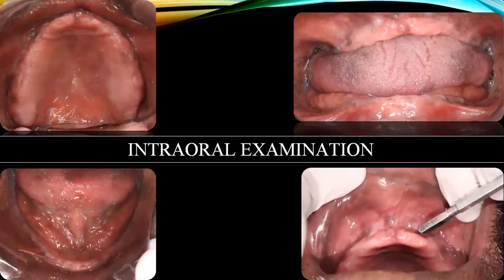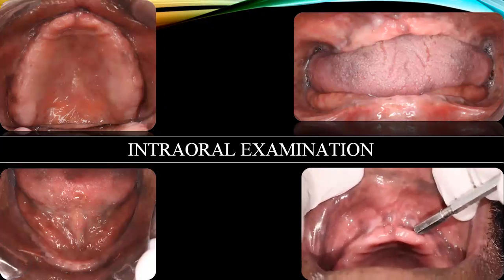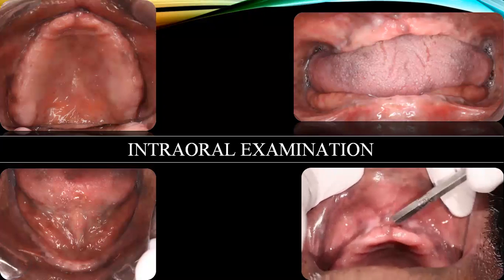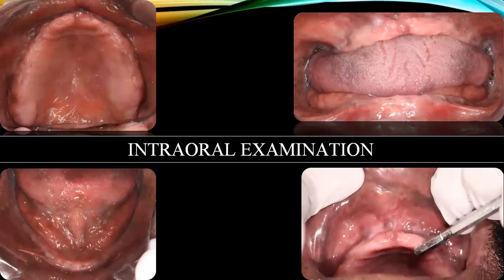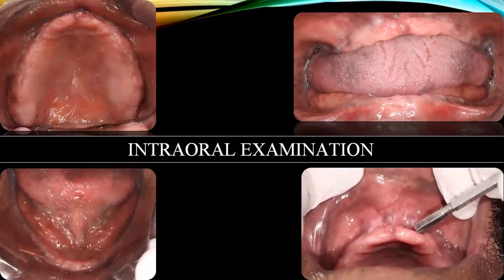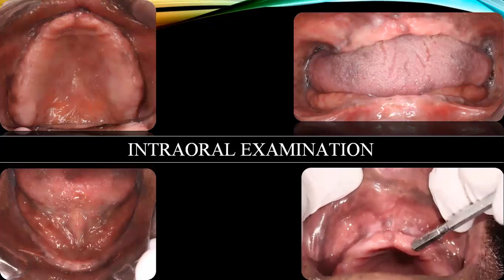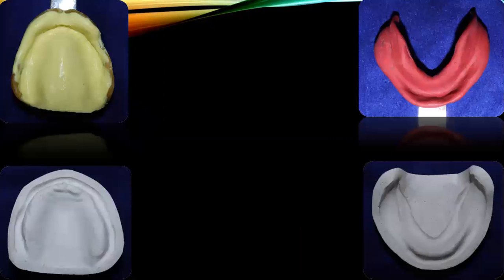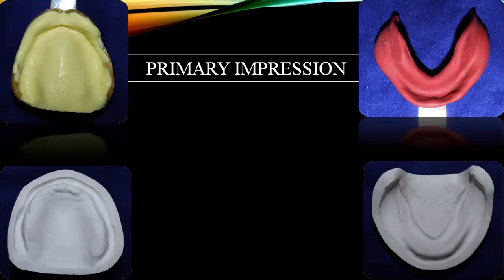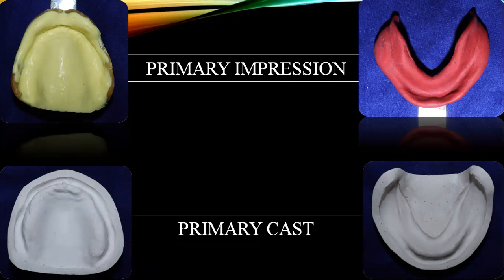So the treatment plan was designed for fabricating a complete denture with a modified impression technique, causing minimal displacement of the denture during function with maximum retention and stability. Maxillary primary impression was made using irreversible hydrocolloid impression material, and the mandibular impression was made using type 2 impression compound. The primary cast was poured using beading and boxing with type 2 gypsum.